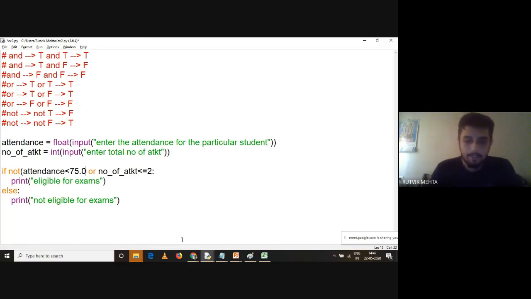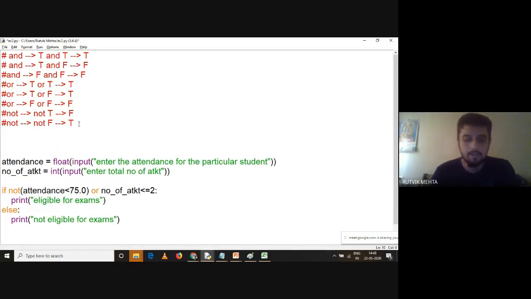What I'm going to say is attendance is less than 75.0, and then I'm applying negation to it, right? So it is a not. That means it actually means attendance is greater than or equal to 75.0. When I say less than, opposite is not greater than only, it is greater than or equal to, right? So this is how it works when you say not,